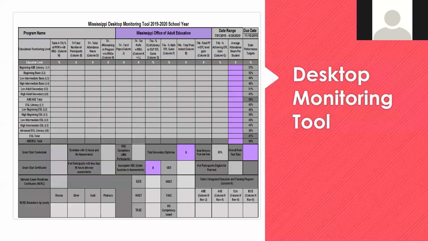First up, we have our desktop monitoring tool. Now, this tool is used by directors as well as data managers to get a snapshot of how the program is performing, as well as some of the needs for PD. So the majority of this is actually going to come from tables 4, 4A, and 4B. If you're not familiar with those, we'll definitely give you a snapshot and show you. And what I also love about it is it has some